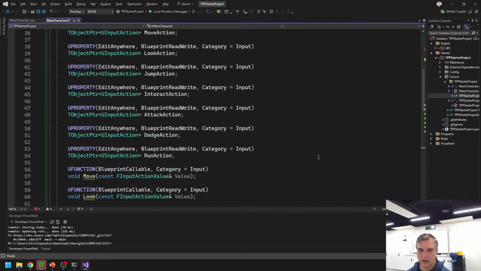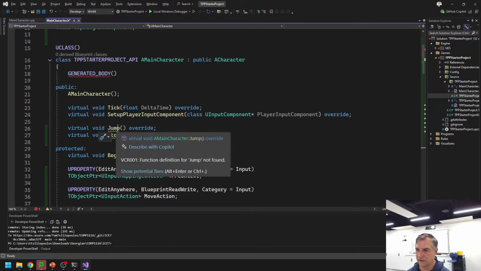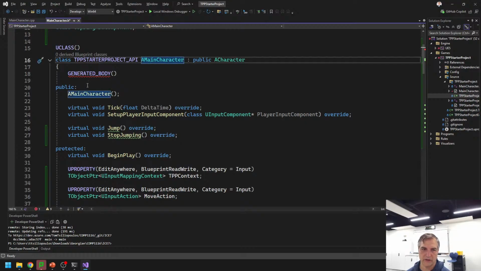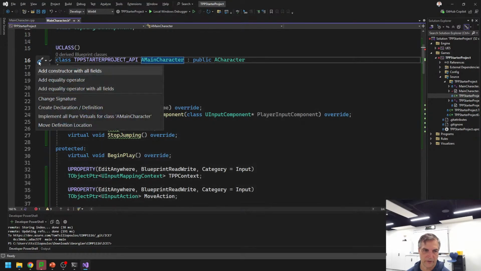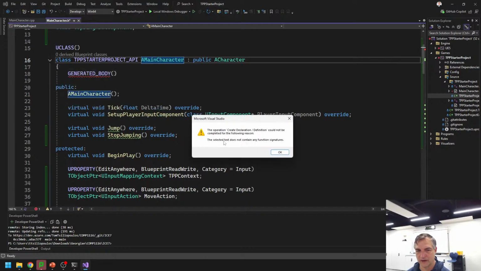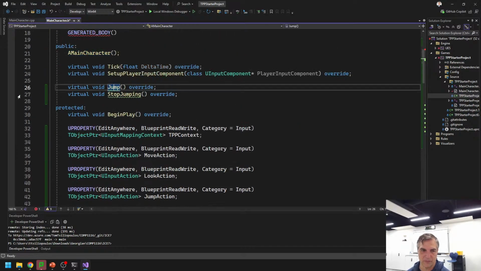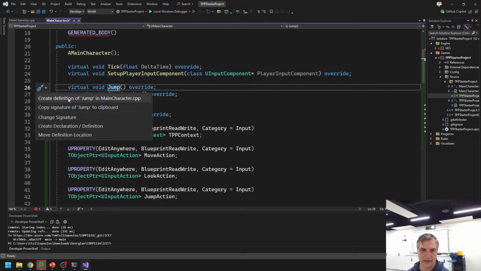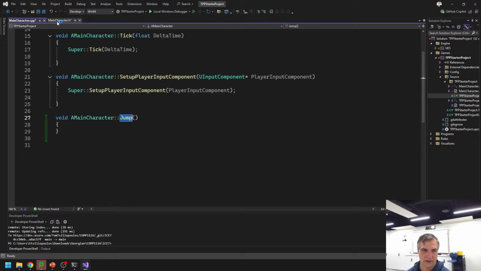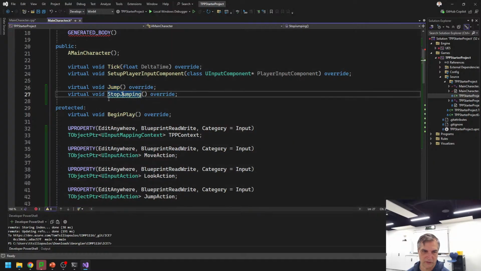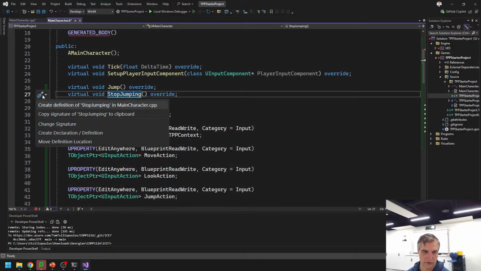All right, so we've got all of our properties, but we need to declare all of our methods, all of our functions. One of the ways to do that, if you're using something like ReSharper, is to pull down the tool, and there'll be an option that says create declaration definition. But for us, what we have to do is do it manually. So we're going to start off with jump, go to the screwdriver and click create definition. We're going to hop back and forth here and do them each individually. So again, click onto it once, go to the screwdriver, create definition,